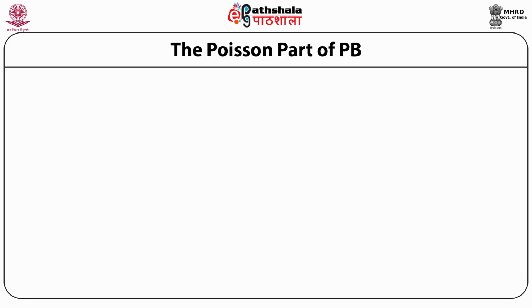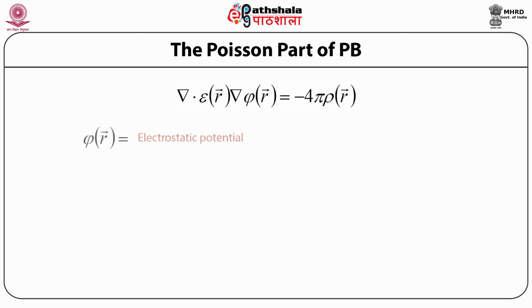Here we do not use a spherical center charge as considered in the Born approximation, but here we use the electrostatic potential. We can explain it by this equation, which is Poisson's equation: the electrostatic potential, psi of r, can be explained with rho of r. Please note, here epsilon, psi of r, as well as charge density are functions of r, that is, the distance from the central point. So each of these functions is dependent on the vector r, on different parts of the protein.